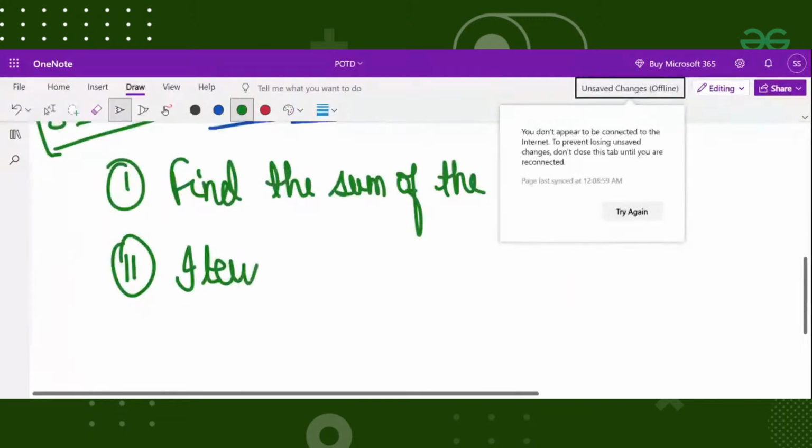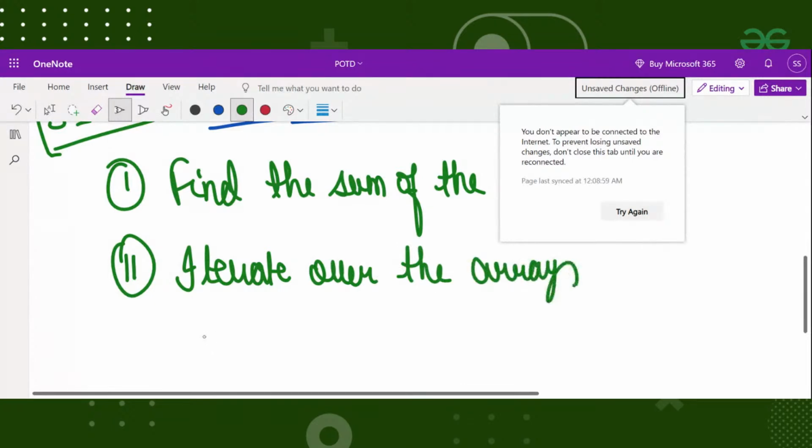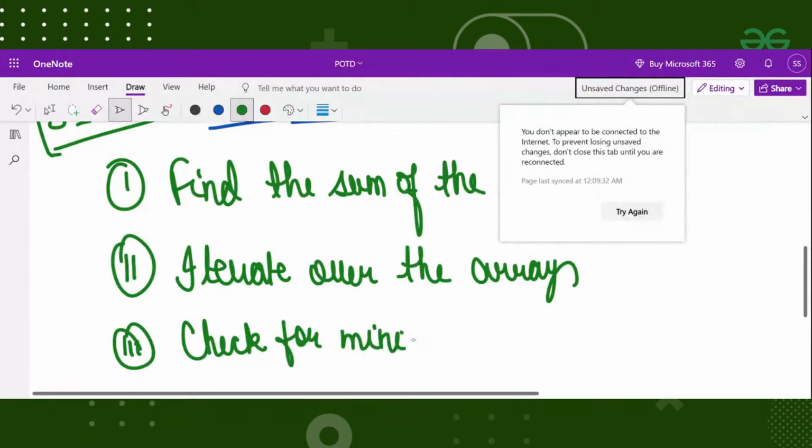Iterate over the array, or check for minimum x such that sum is less than or equal to n into x.